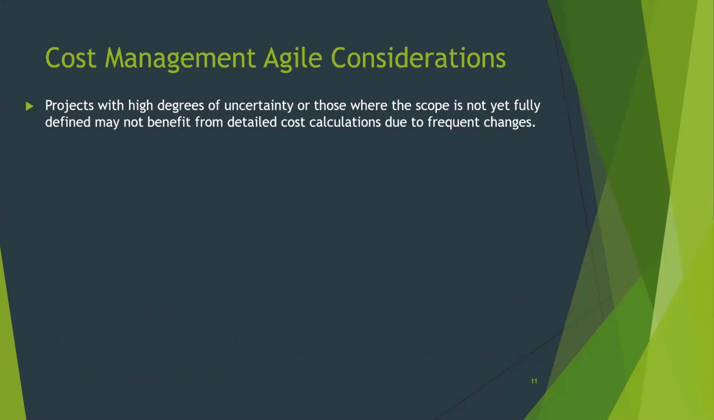The last thing I wanted to talk about today is the considerations related to cost management, related to agile. So projects related with high degrees of uncertainty, or those where the scope is not yet fully defined, may not benefit from detailed cost calculations due to frequent changes. When we're talking about detailed cost calculations, that has to do with some of the calculations related to earned value